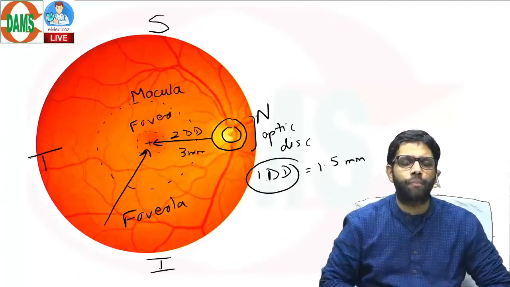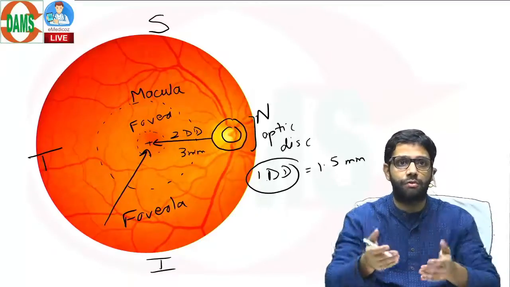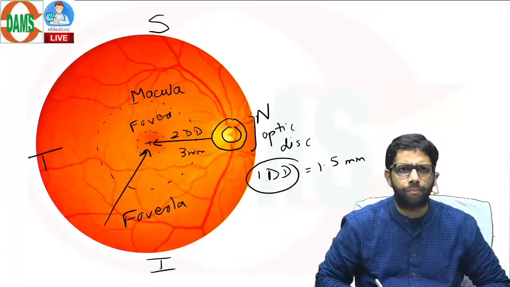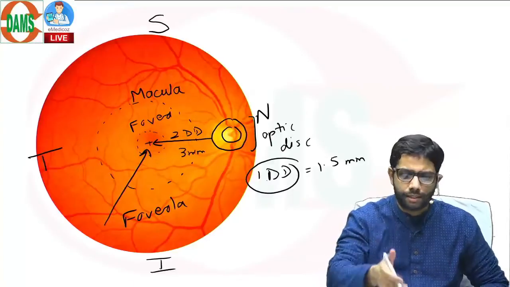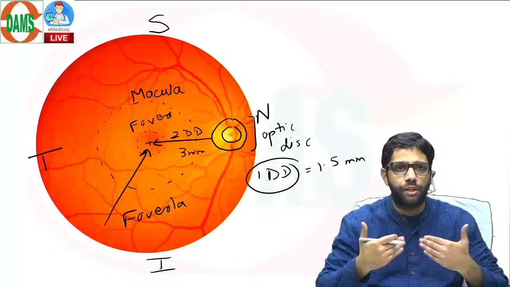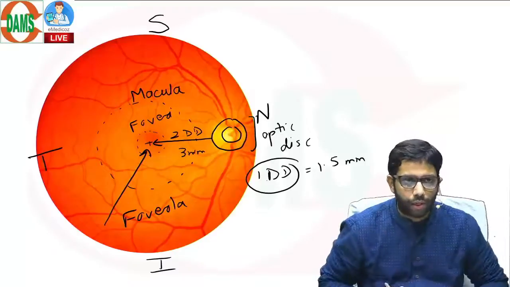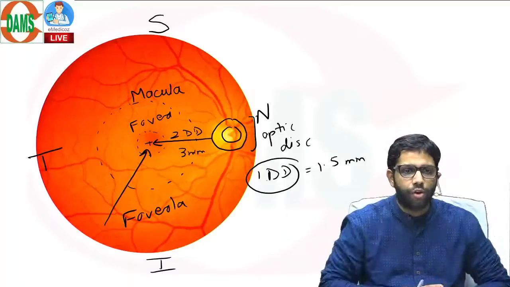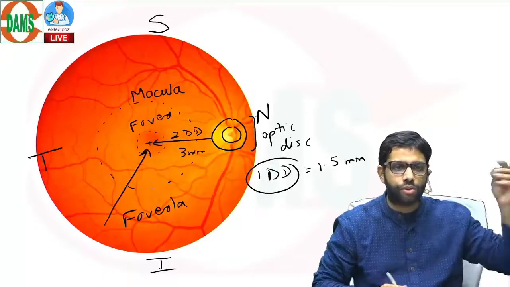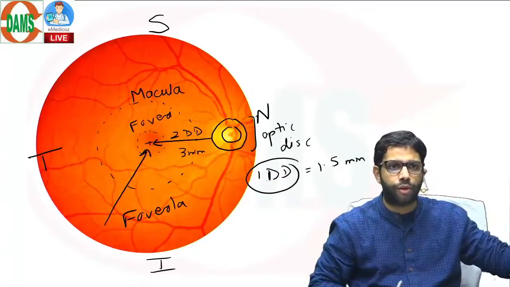So first thing you should know is which retina is this, right retina or the left retina? That's the basic question which can be asked in the viva voce, giving you a picture of an angiography or a retina picture, and asking whether this is right eye or left eye. Very simple. So always imagine this is the retina of a patient and you are the doctor. Patient is standing face to face towards you. If I am the patient, you are the doctor, you are seeing me today, this is my right eye, this is my left eye. Fovea of the right eye is always on the temporal side, means right eye temporal is on the right side, left eye temporal is on the left side. So my right eye fovea is here, my left eye fovea is over here.